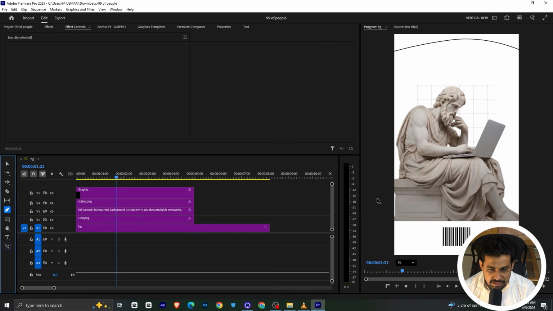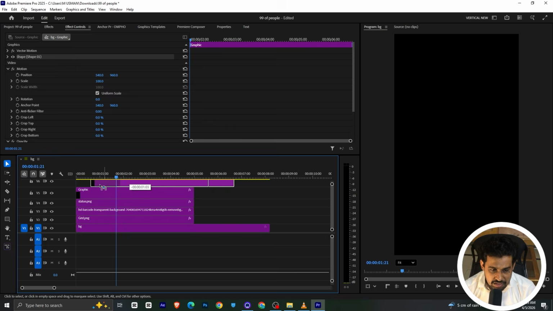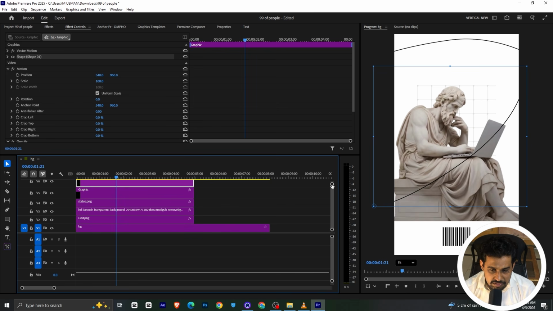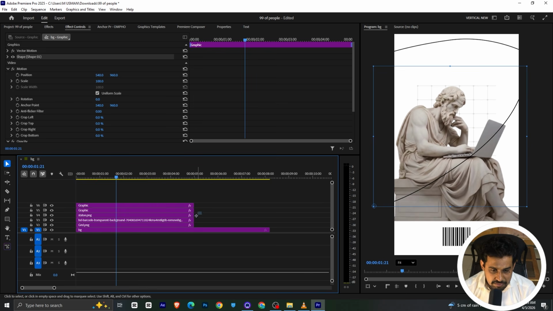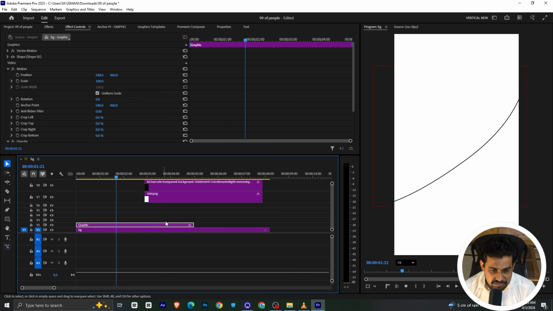So to create it again, I will just simply show you. You can just go here and then go here, and now make sure to bring the line like this, and now just select it and bring the line wherever you want. And to make this behind the character, you have to just bring everything upwards like this, and we will just bring this line back, and now we can just adjust this